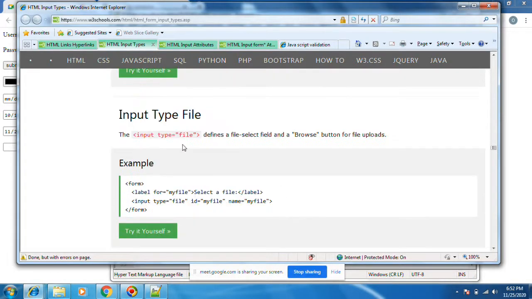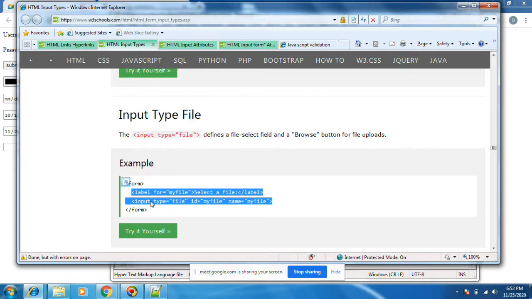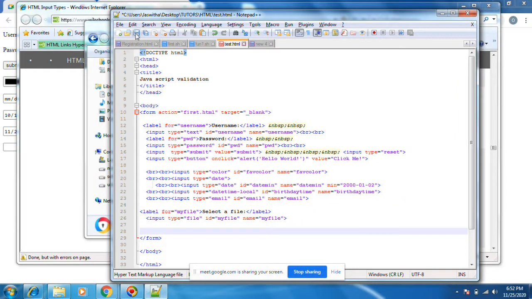Next thing is input type equal to file. Suppose you want to upload any file to the server. This is the option. Input type equal to file, with an ID. You can browse a file to upload. Just browsing. Let's do save.